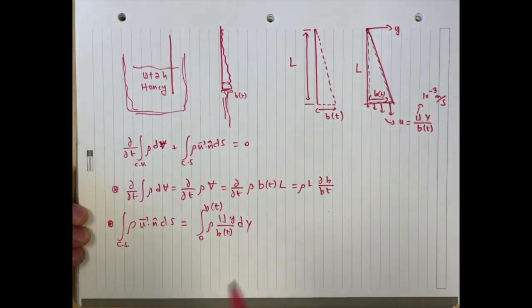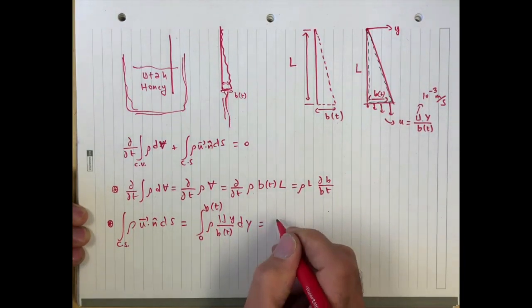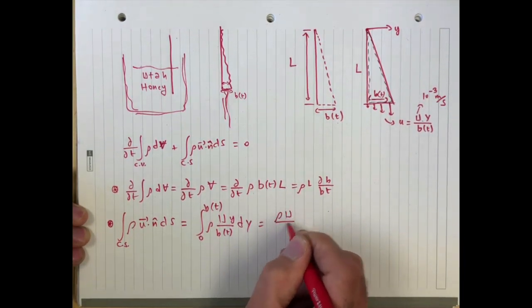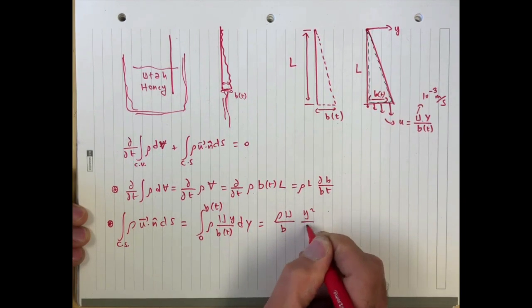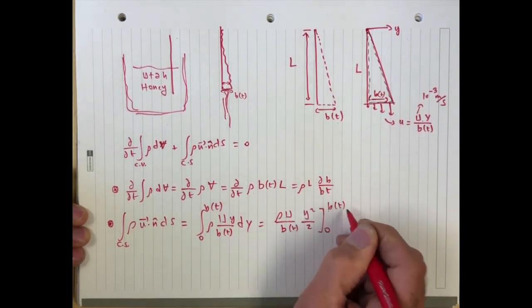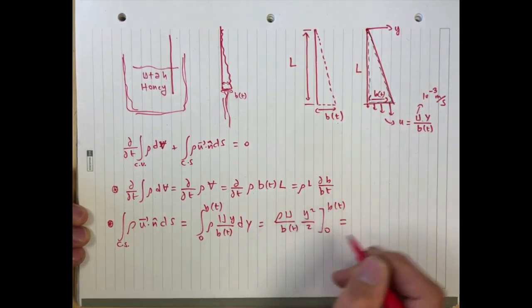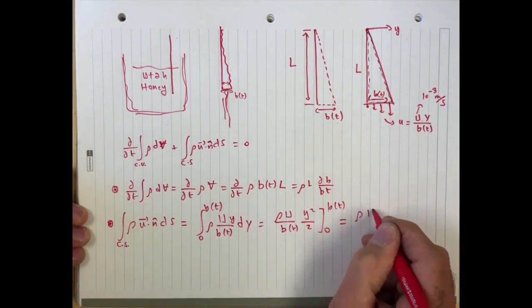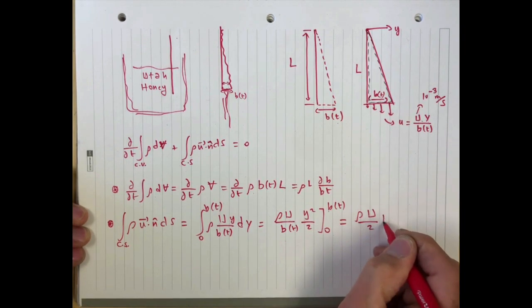Again, we've assumed unit depth, and that gives us rho u over b, y squared over 2 between 0 and b of t. That gives us b squared, so you get rho u over 2 b